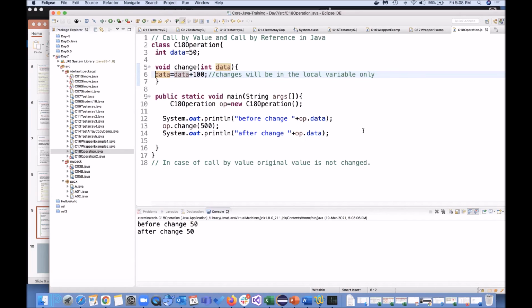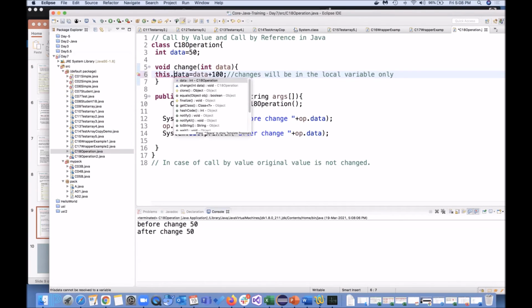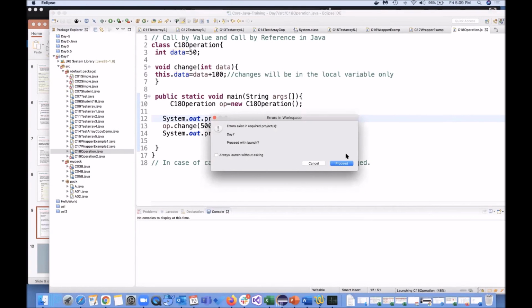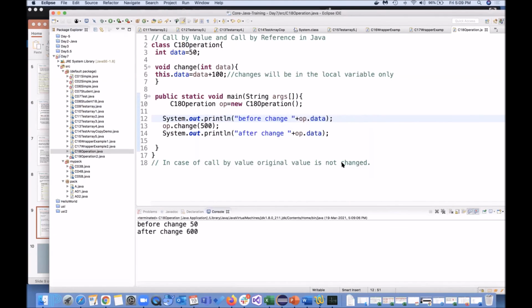But before jumping to that, can I do something like this dot data here? And in case I do this dot data, is it going to change something? You got the difference?